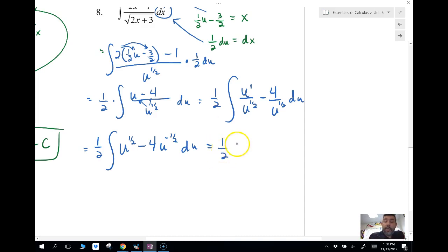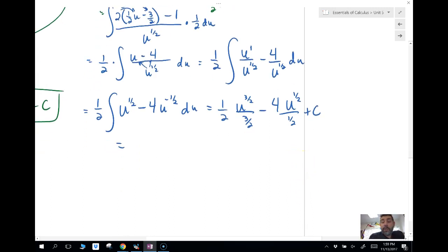So I'm going to have u to the 3/2 over 3/2 minus 4u to the 1 minus 1/2, because I'm going to add 1, right? So it's going to be 1/2 over 1/2 plus c. And then, of course, the last thing that I have to do here is